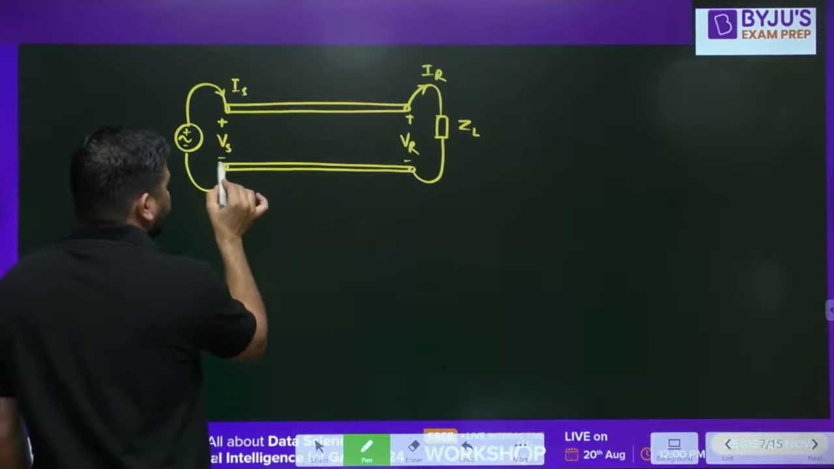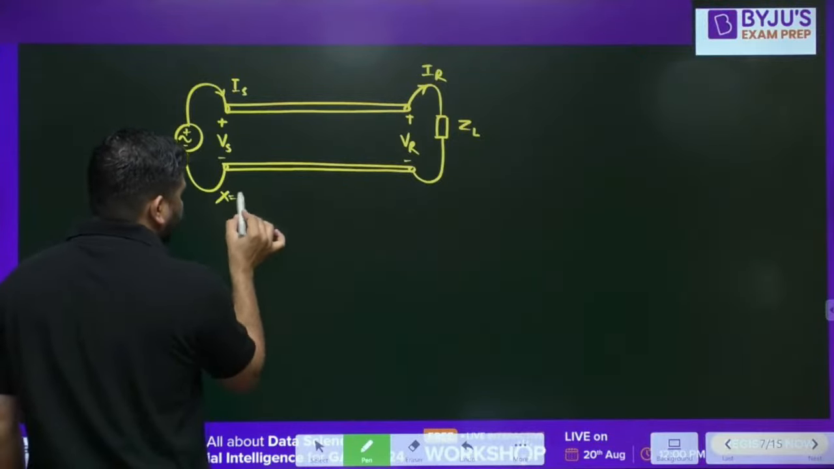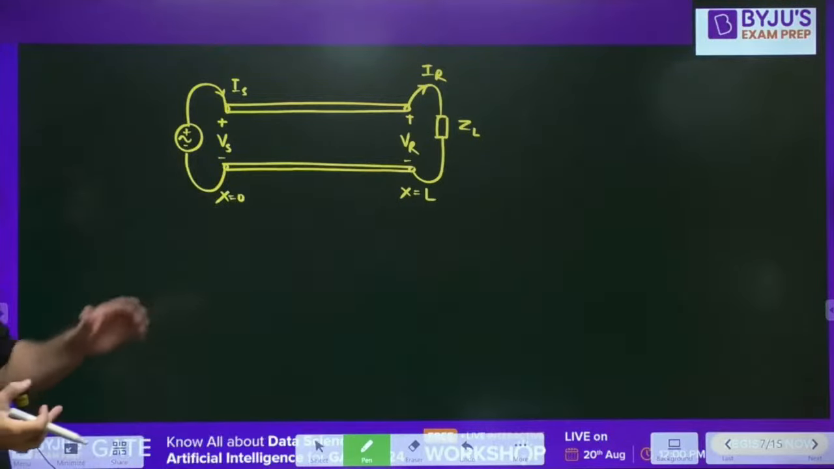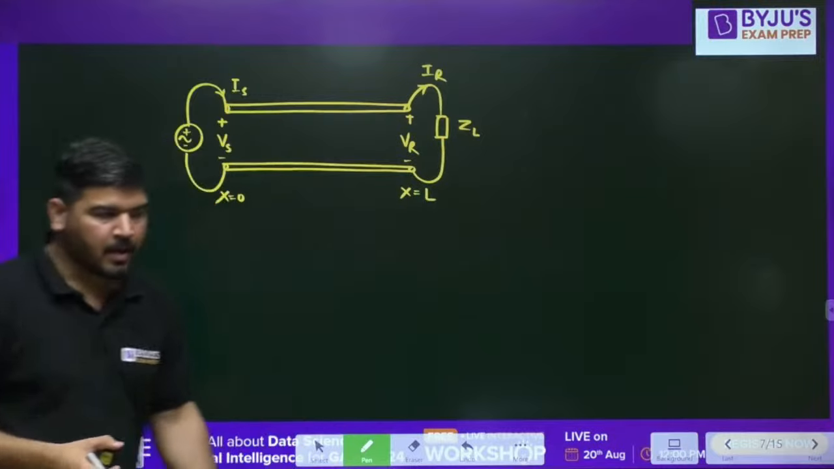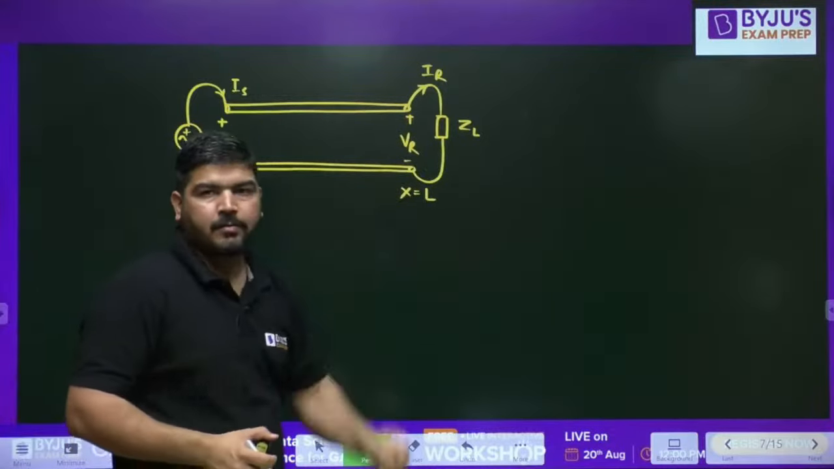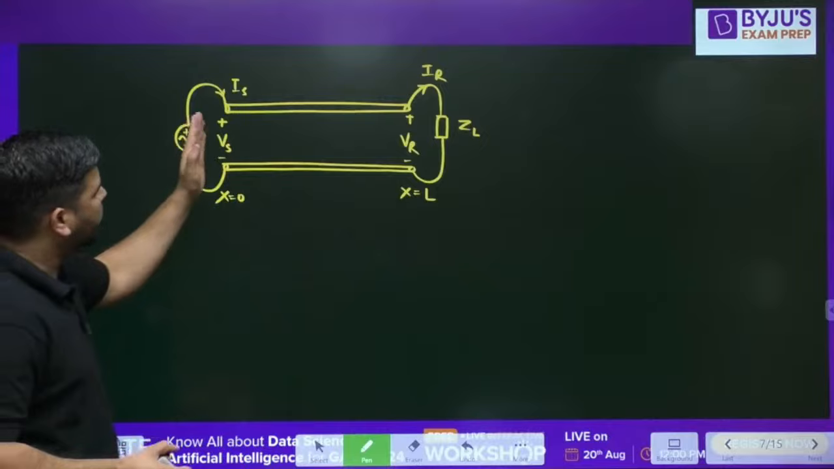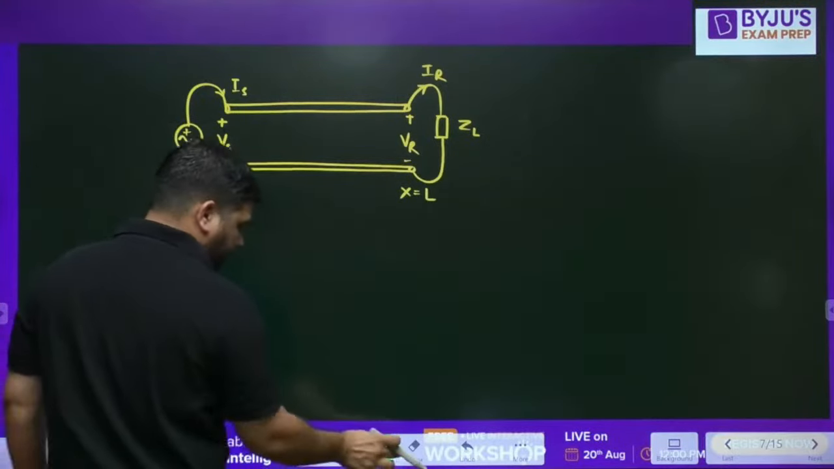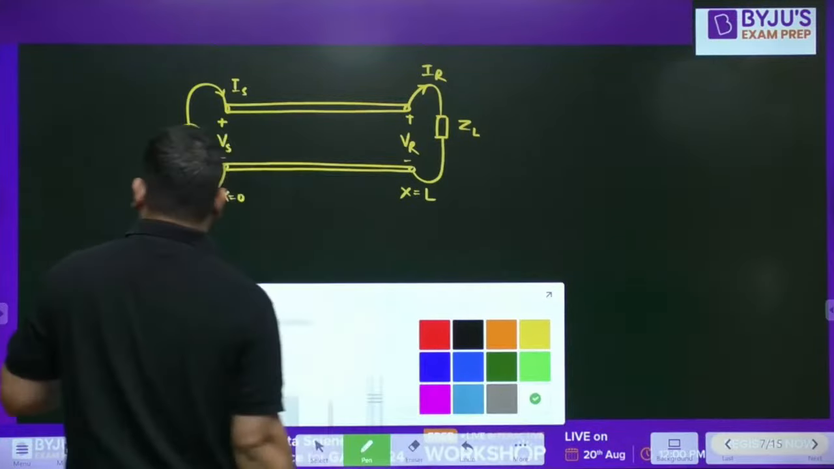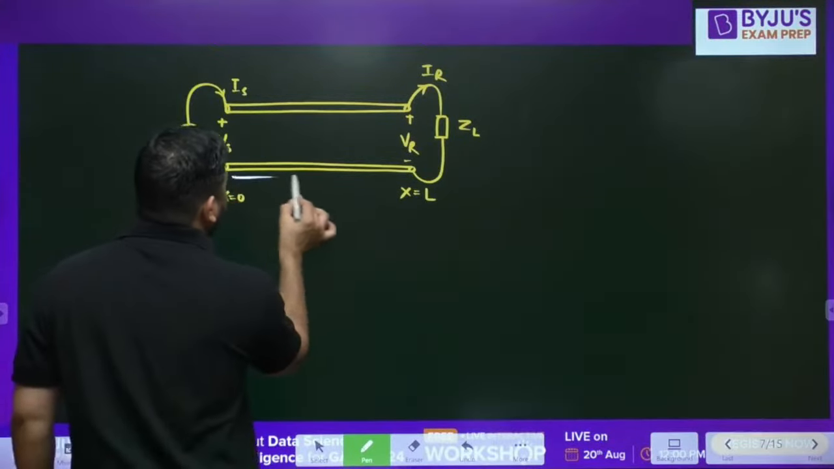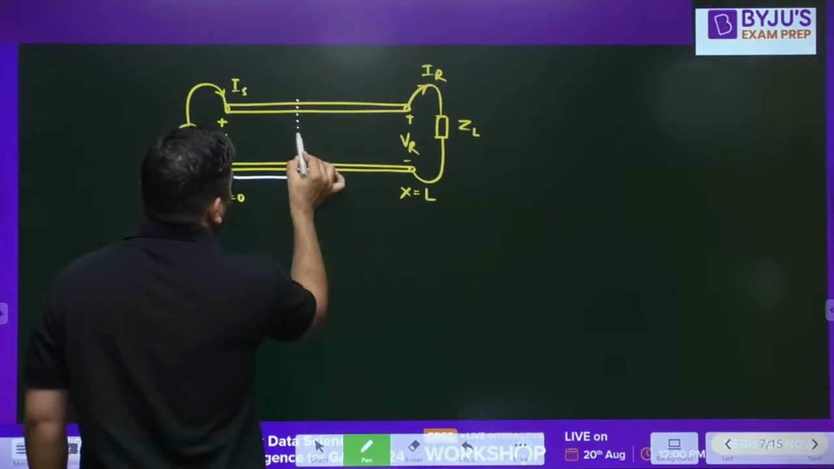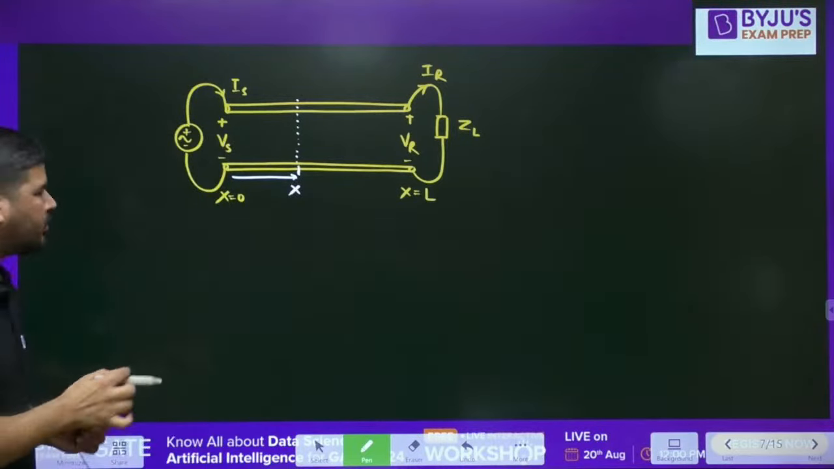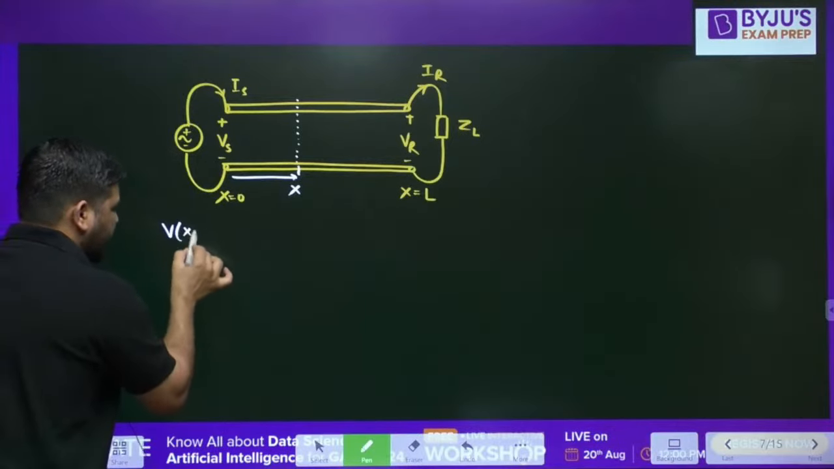Now let's say at the source end you take x equal to 0. At this point you say x equal to capital L. It means you are looking from the source side to the load side. You are going from the source side to the load side. Now if you are looking from this side and going towards this side, and you want to calculate the voltage at some distance x, at this point,